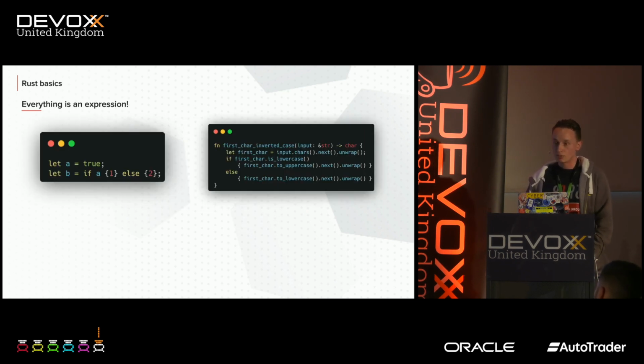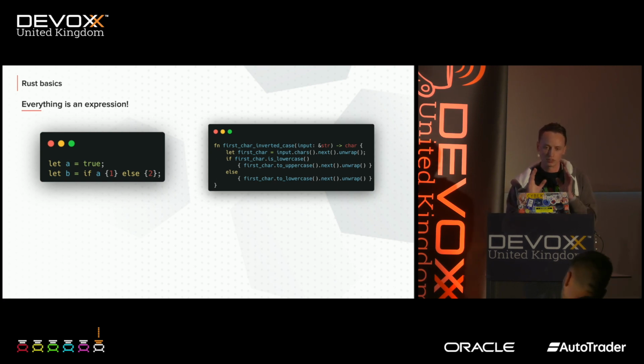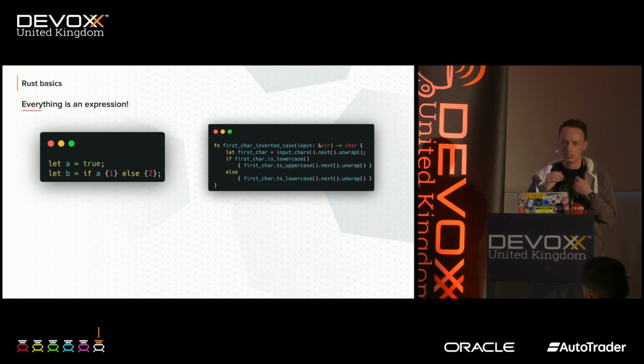In Rust, just about everything is an expression. This is really interesting, right? In all programming languages, you have either statements or expressions, where statements don't necessarily evaluate to any particular value, but they do something. They perhaps modify state, they have some kind of action, or they change control flow. Whereas expressions have a value. They are things that actually evaluate to a given value in memory somewhere.